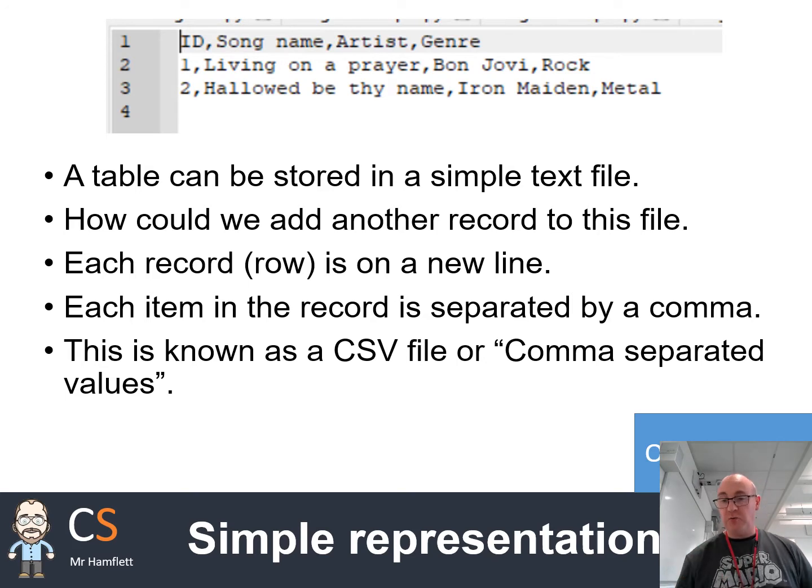So databases can be stored, certainly flat file databases can be stored in a very simple representation. We can store the column headings or the attributes in a list, written as comma separated, kind of like you'd write in English. On the next line, we can have the first record. In this example, we've got the ID of 1, Livin' on a Prayer as the song name, artist Bon Jovi, genre rock. And then each record